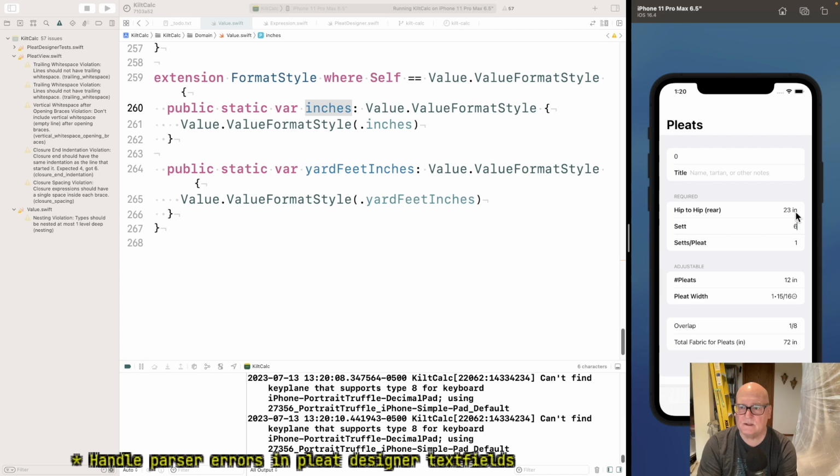I'm not sure what to think. Also, number of pleats should not be inches. It should be an actual plain integer. But at any rate, so you type a character, it parses it. If it parses, it just keeps going, but it's not committed yet. And then if you type something illegal, it says, "Oh, that doesn't parse." It throws an exception. I'll let you keep typing.